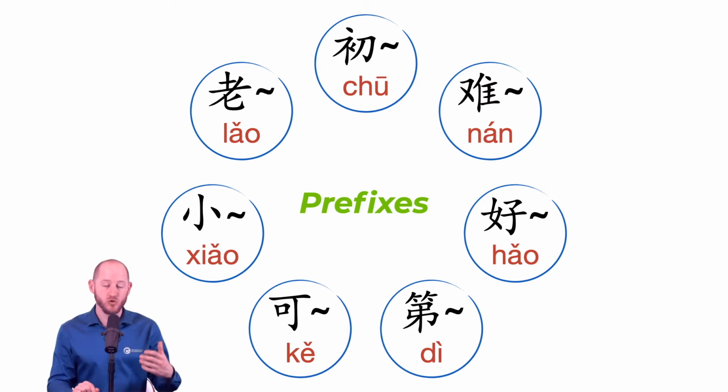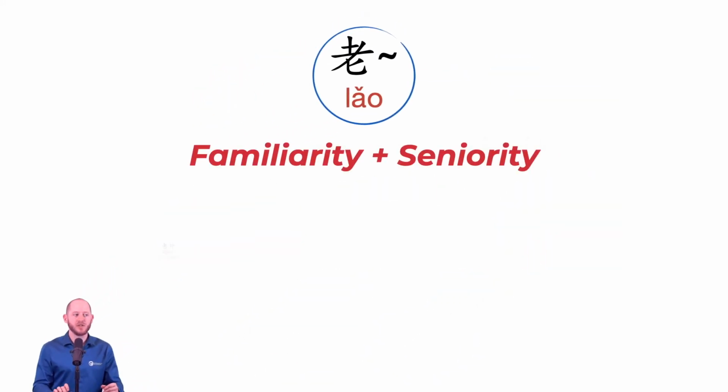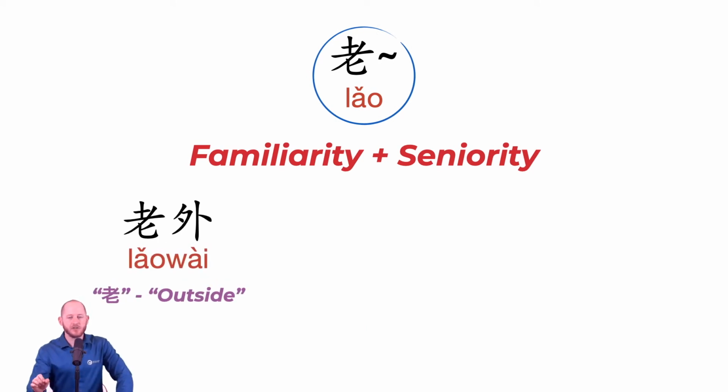It's not that important. Chu yi is the first day of Spring Festival. Chu er is the second day. Chu san is really easy to understand. So let's go with the others. Let's start with lao. Now, this character means old by itself. But it's important to remember that when something is a prefix, while it may have a tangential connection to its original meaning, it does not have that meaning. What it means is familiarity or seniority.